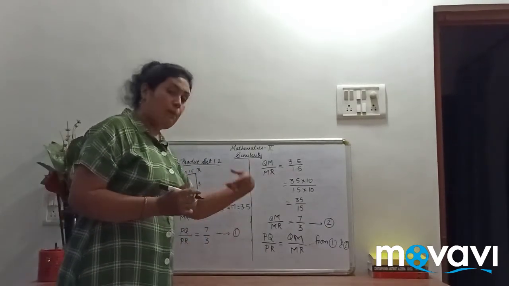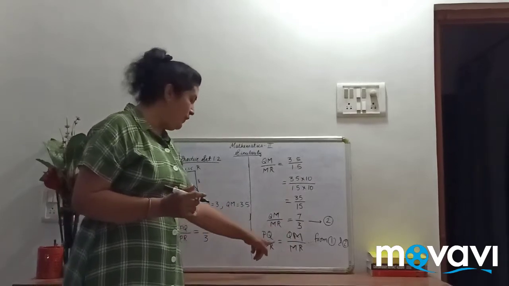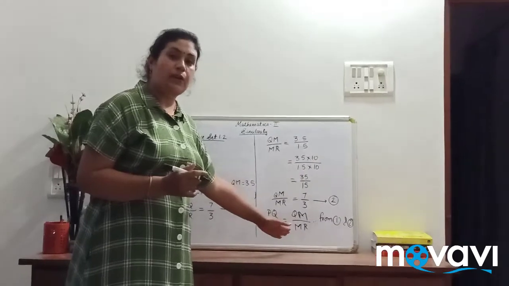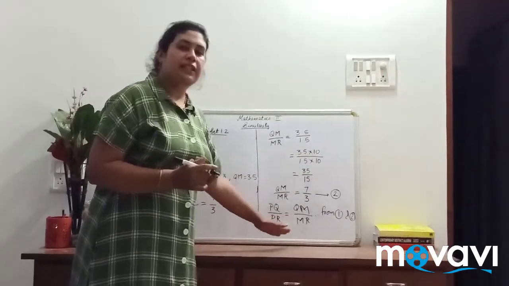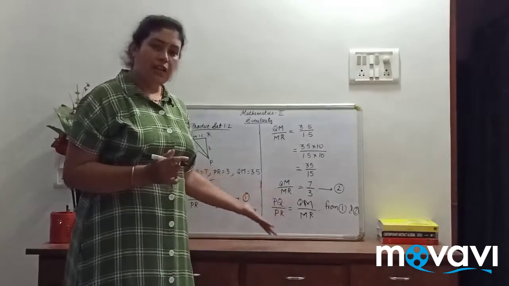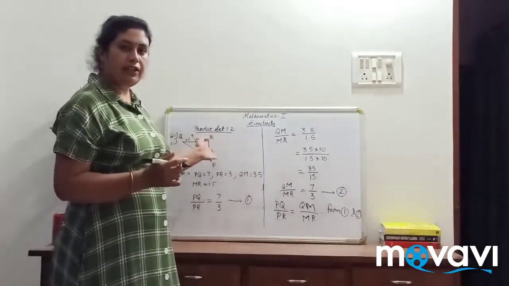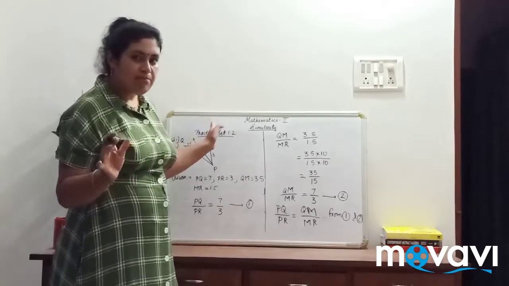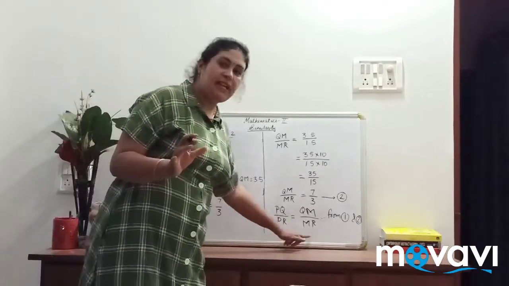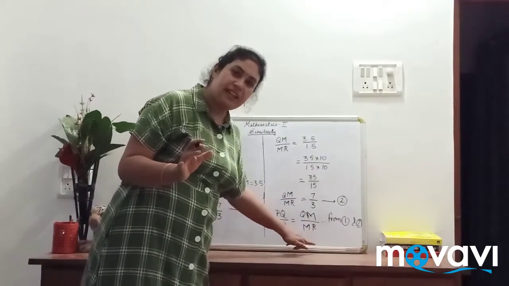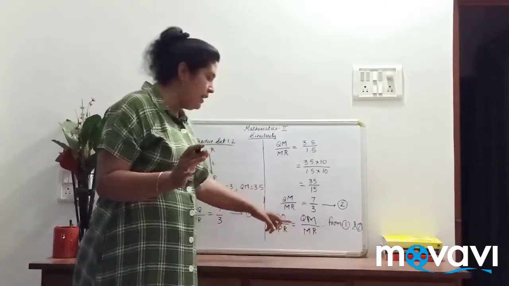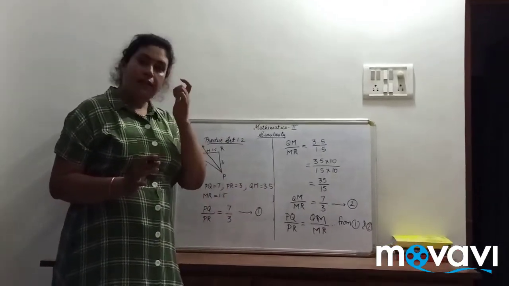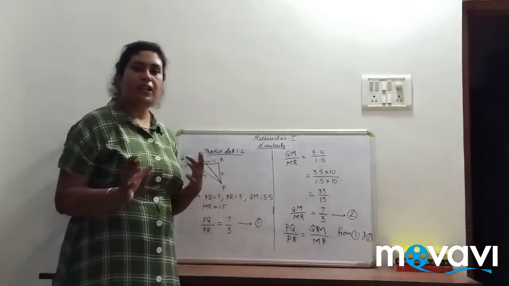Okay. And suppose if you are solving other examples and you don't find that these two ratios are equal, if they are not equal to each other, then what is the conclusion? The conclusion is that this line, whatever it is, from one vertex to the opposite side is not the bisector of the angle. So that statement is necessary. You have to write that statement as your answer statement. For this example, it is PM is the bisector of angle P. Okay. Let's go to the next example.